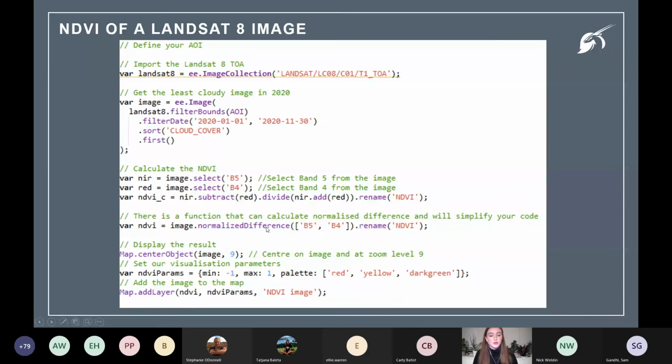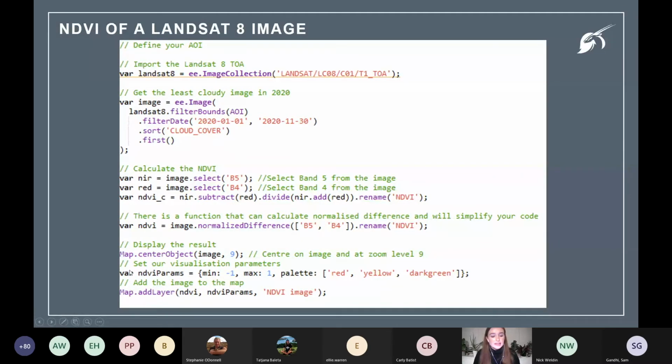provides is the .normalizedDifference tool, because Earth Engine knows that people that want to do remote sensing or regularly do remote sensing are always calculating normalized difference, and in doing this it simplifies your code from 3 lines to 1, and that's really beneficial in keeping your code reproducible and simple. So you can use this instead, and if you just pick the bands, you can work with this in your image. As you can see here, we're using NDVI, and we are